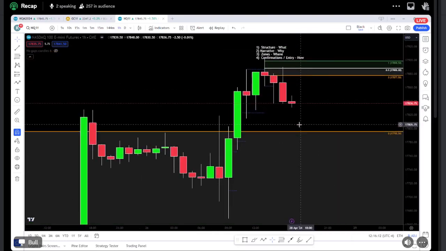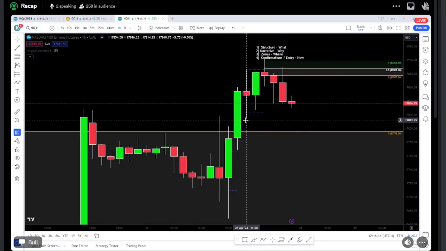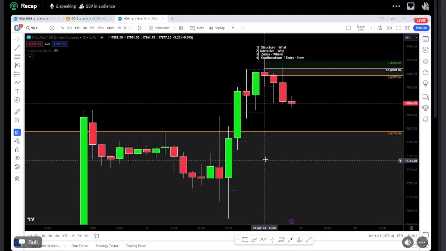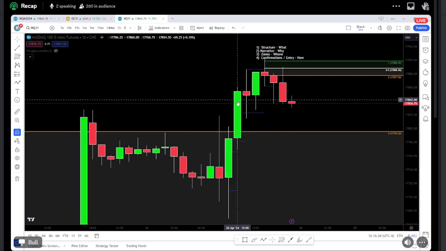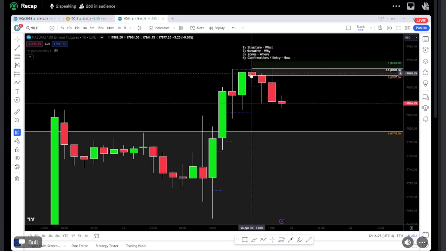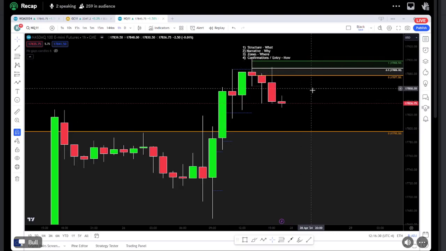Okay, so for example, you see this hourly doji. This was the high that got broken. We would need a candle closure below here in order to validate this as being the high. We don't get that, right? We trade up, we fail here, leading to downward action.